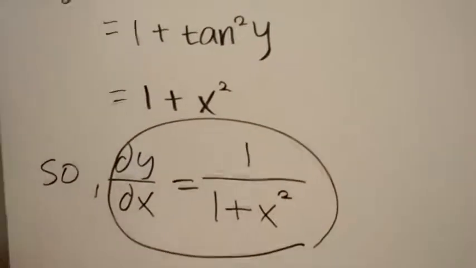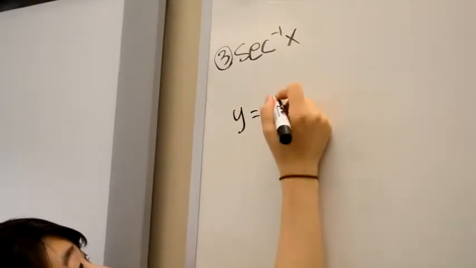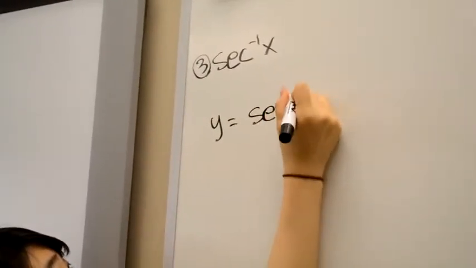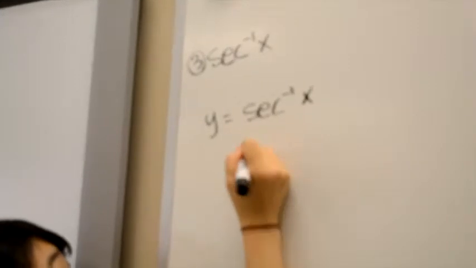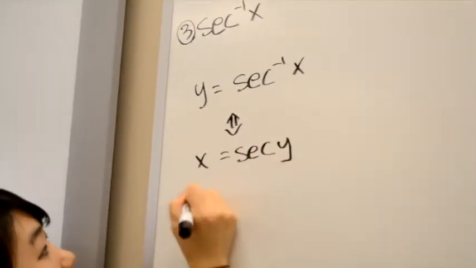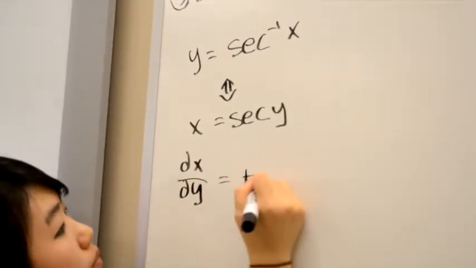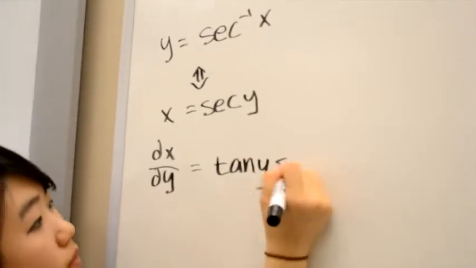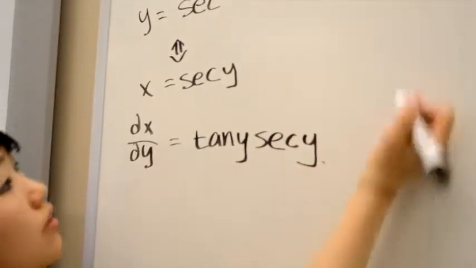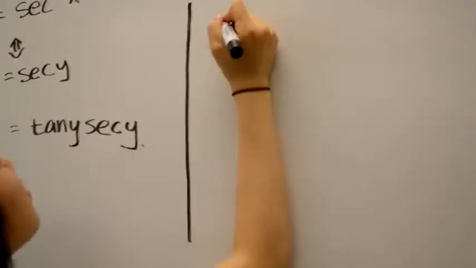And last but not least, the inverse of secant x. So we're going to do the same thing here too. We're going to say y equals inverse secant x is the same thing as x equals secant y. And we're going to take the derivative with respect to y, which is going to be dx dy equals tangent y secant y. And we know by the trigonometric identities,